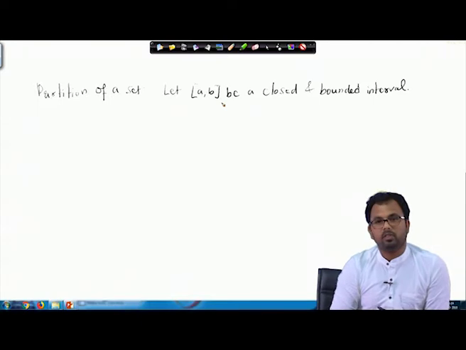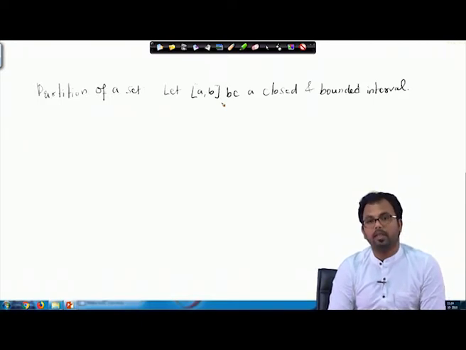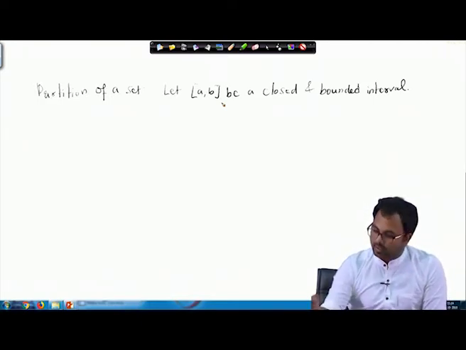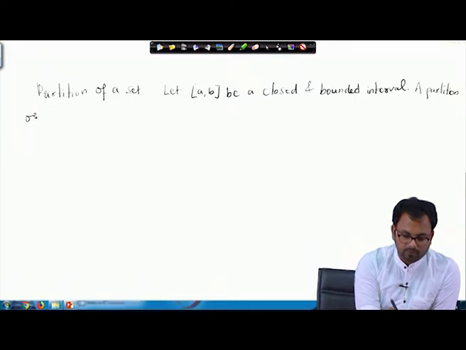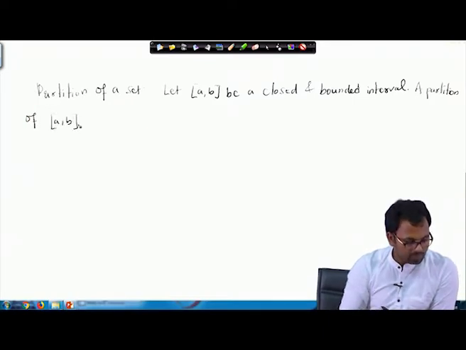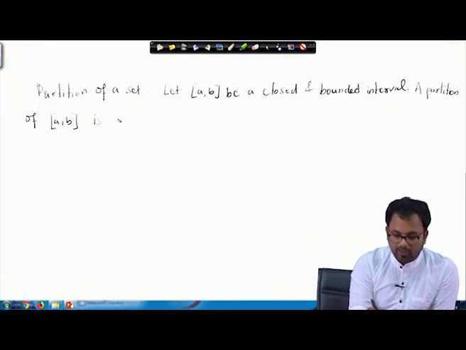Of course it is a closed interval, and a and b are finite. Then a partition of [a, b] is a finite ordered set